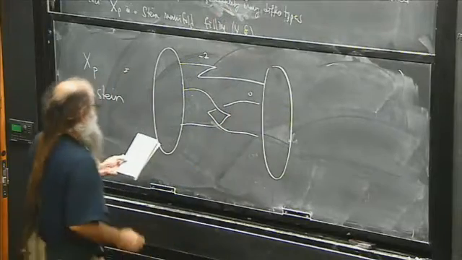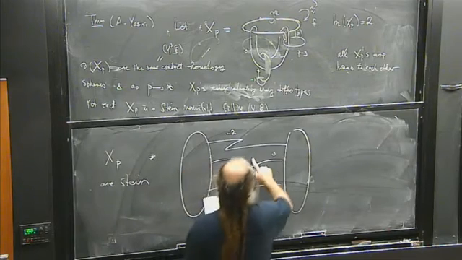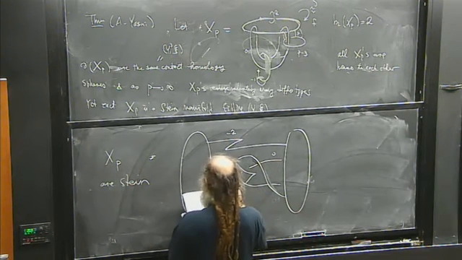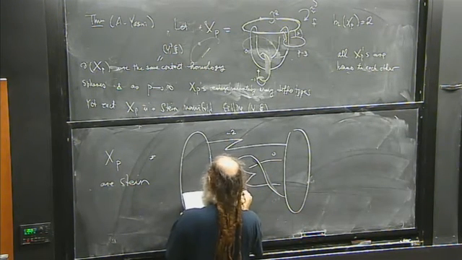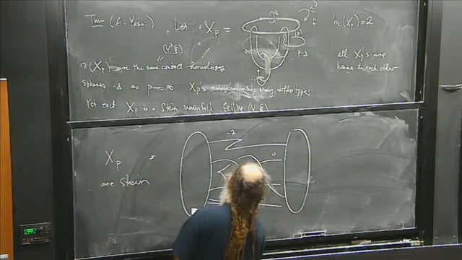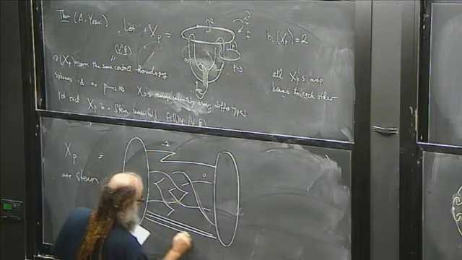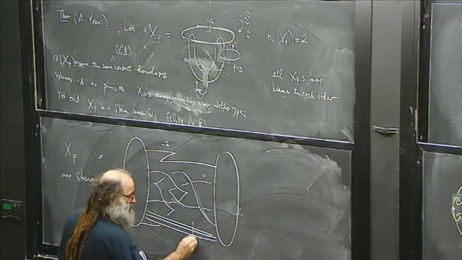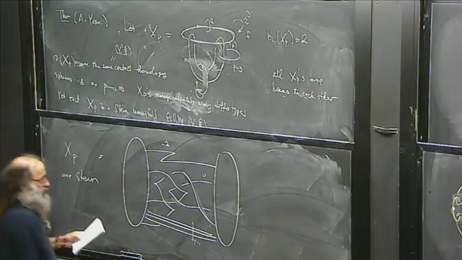And then you have another curve. And there's p minus 1 strands. And this curve is